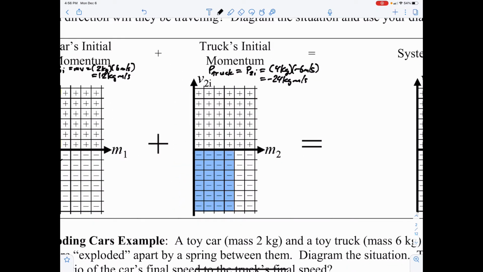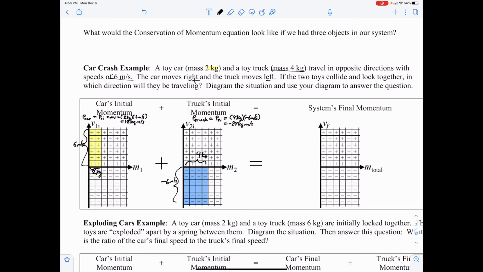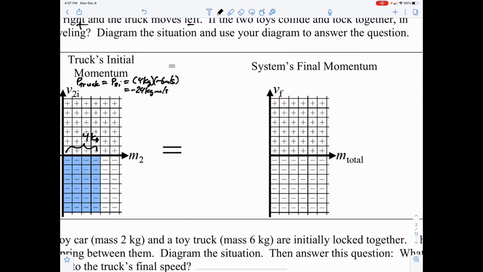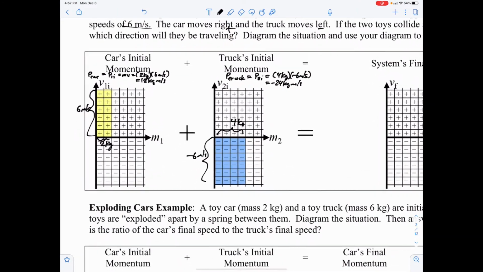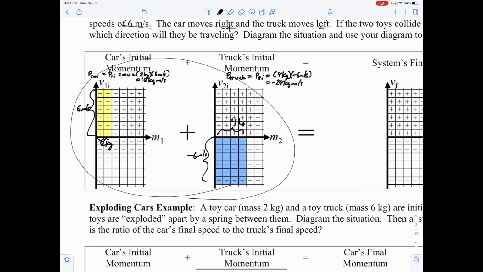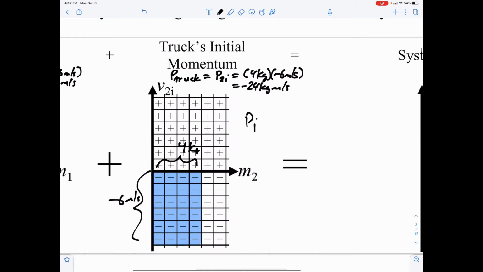Now, if you look at this, what do we have? Well, we have 4 kilograms of mass and negative 6 meters per second. There's clearly more momentum going on with the truck than the car. I mean, 24 is larger than 12. So let's figure this out. What is the total momentum before collision? Well, the total momentum would be 12 plus negative 24. The initial momentum is equal to negative 12